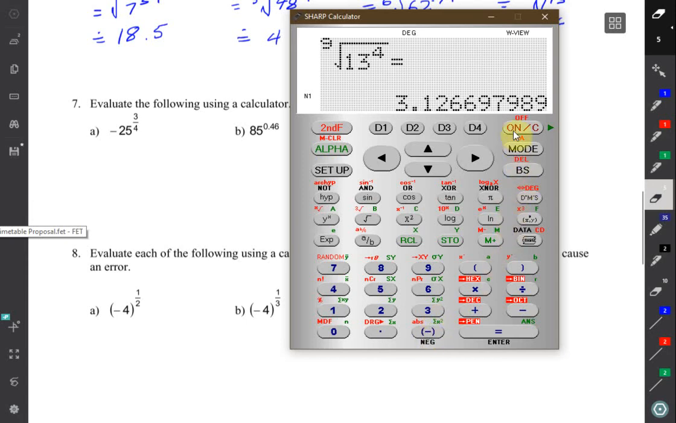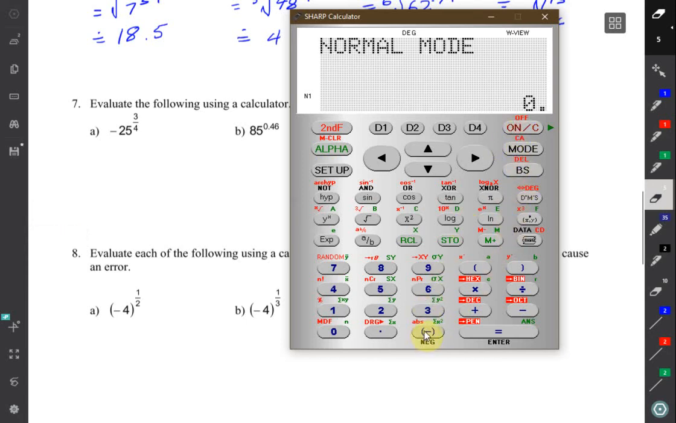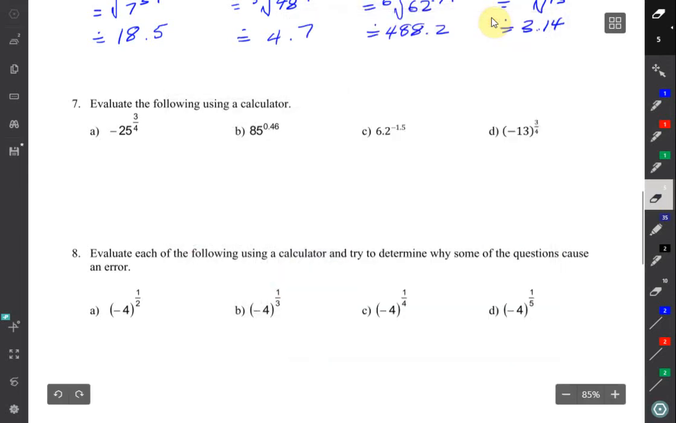First of all, minus 25, and this is where some calculators will, when you put this minus in front, group that with the 25 automatically as though it's in brackets. So this is minus 25 to the exponent 3 over 4, and that's minus 11.2. So if you get an error,